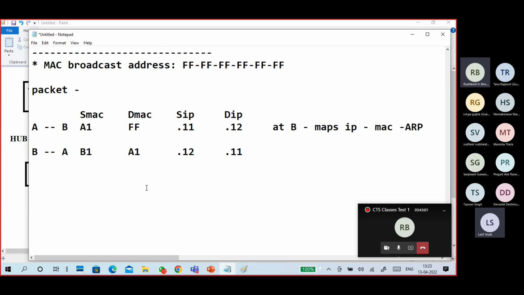Okay, what is ARP? Address Resolution Protocol. What will it do? It maps IP address to MAC address.